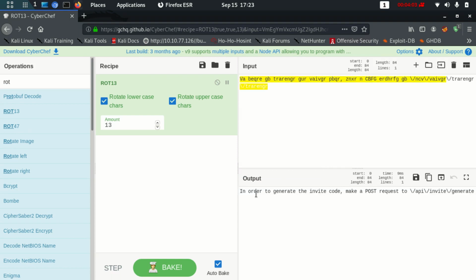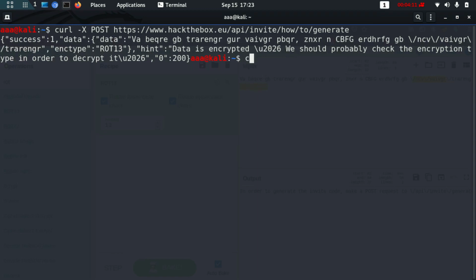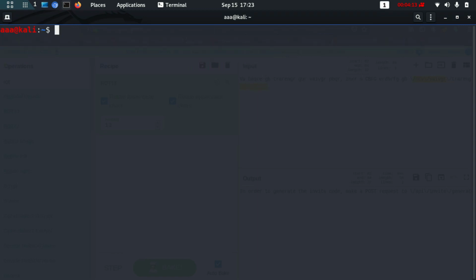Now I get a message that in order to generate the invite code, make a POST request to API invite generate. So the same POST request as before, the only difference is this time we are going to send a request to API invite generate.